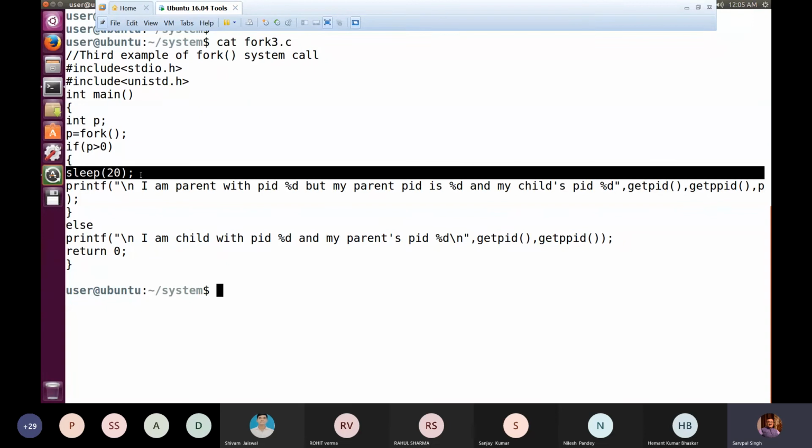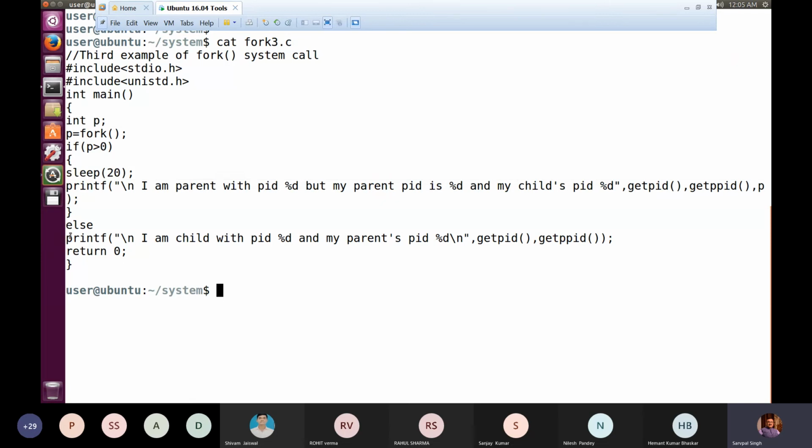This statement will put the parent process to sleep, and that is the time sufficient enough to ensure that the turn is given back to the child process, or the child process gets the CPU slot, okay? So eventually when control is given to the child process and it resumes its execution, this statement in case of the child process is false.